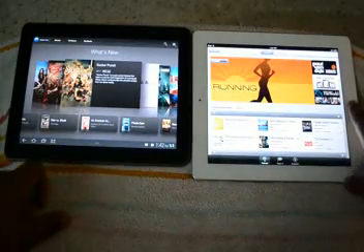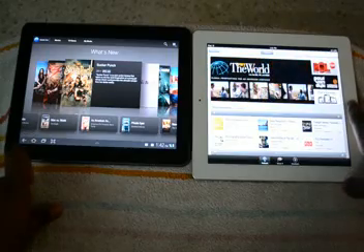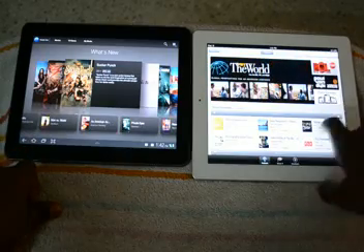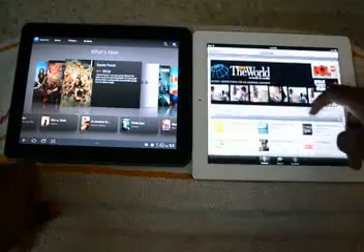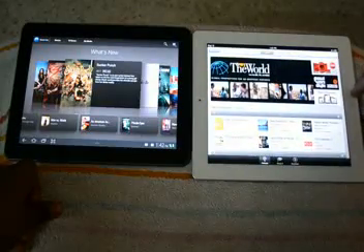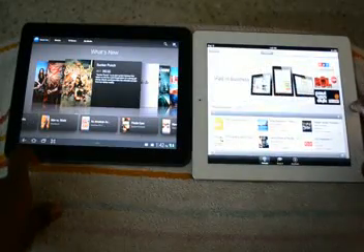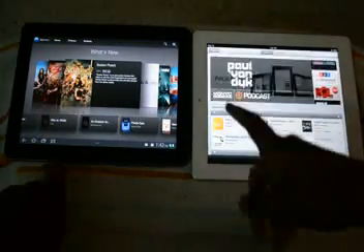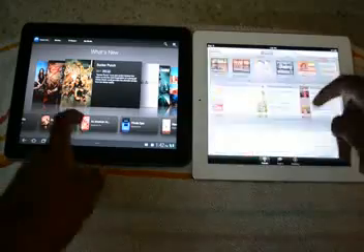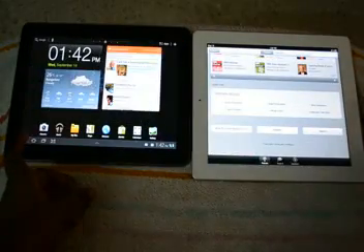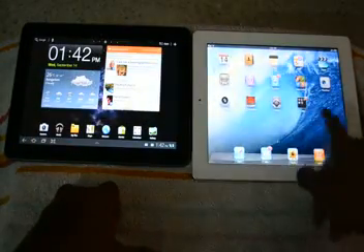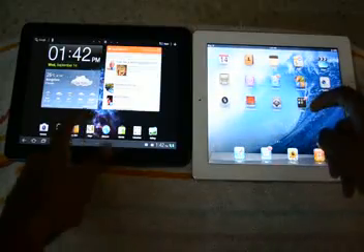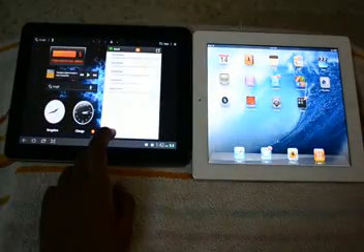Android was quite lagging behind before this update, but now it's back on track. As you can see, the iTunes store is quite good too. But again, the iTunes store has much more movies and music than the Android stores. So that's again an advantage for Apple. Now let's run